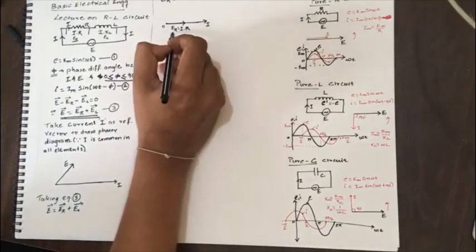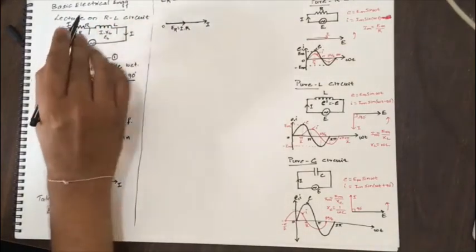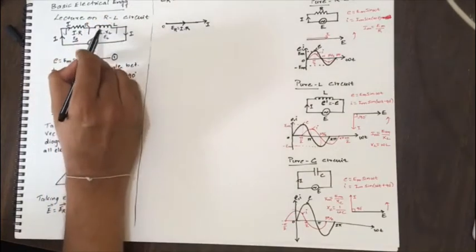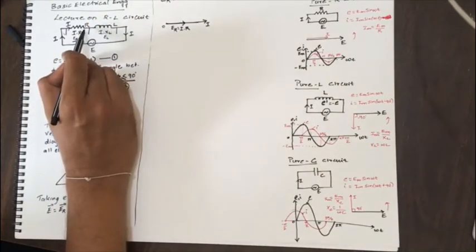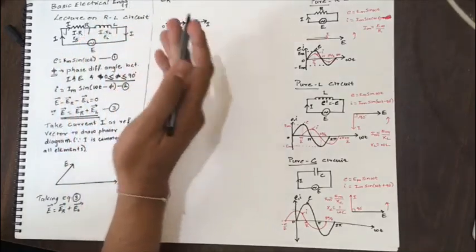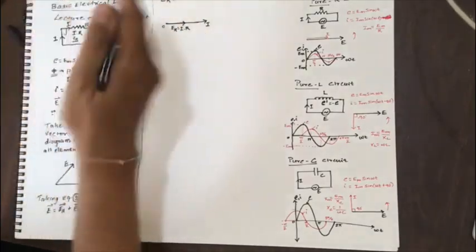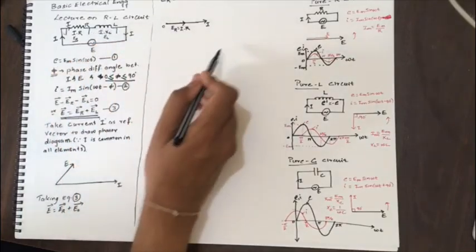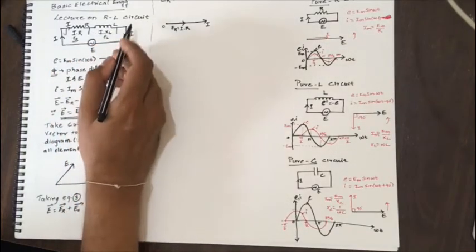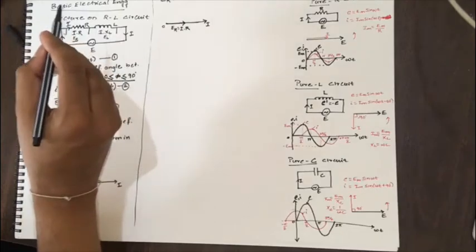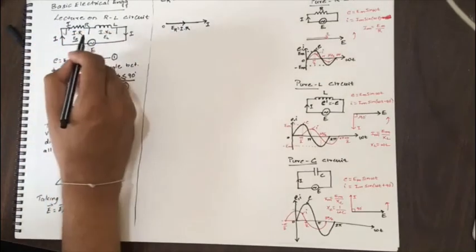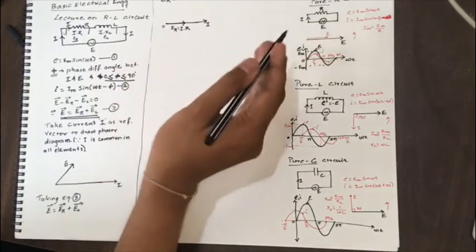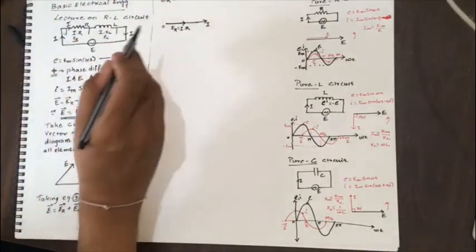ER is the voltage across resistance. When we are discussing the element R, don't worry about what is happening in L. Once we finish with the R element, we will come to the L element, then we will forget what had happened in R, because already that will be taken care of. Likewise, with any number of elements present in the circuit, we will look into the phasor relation across each element, and then we will draw the phasors. Then we will see at the end how to get the resultant.